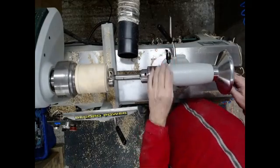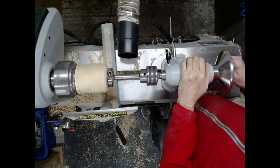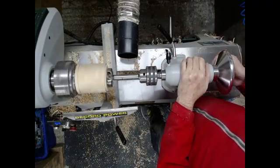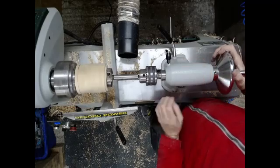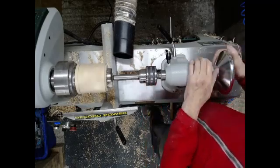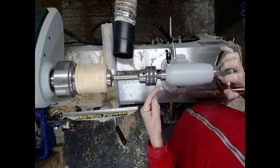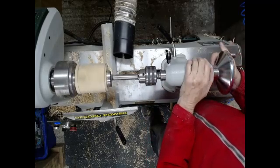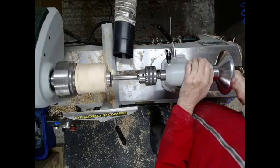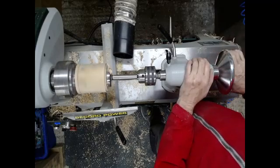So what we'll do is I'll put the extractor on, and I've heard a lot of people talking about holding on to the chuck. Well, I'm not going to hold on to the chuck. I'm just going to let the chuck do its work first, because the pressure's coming down through the Morse taper. The chuck shouldn't go anywhere. The issue only ever comes when you are drawing the...